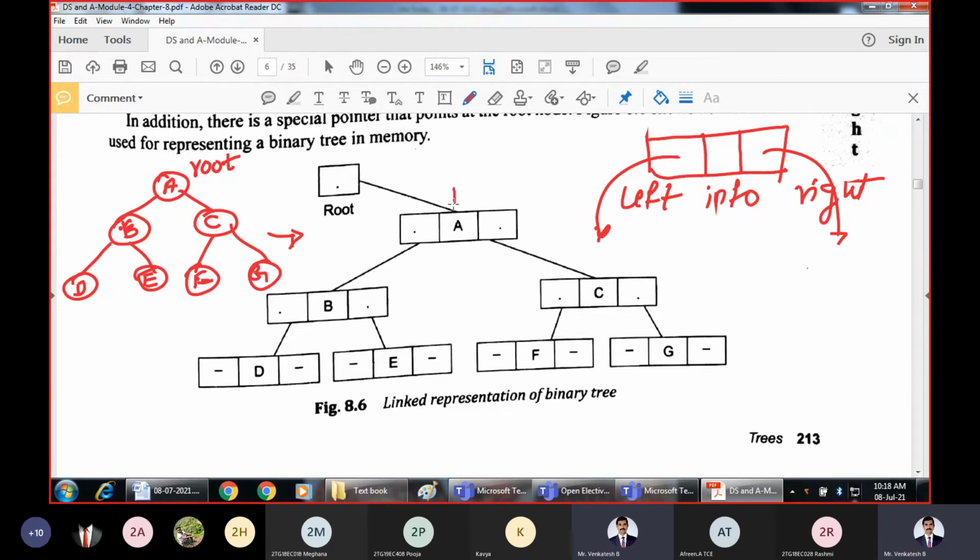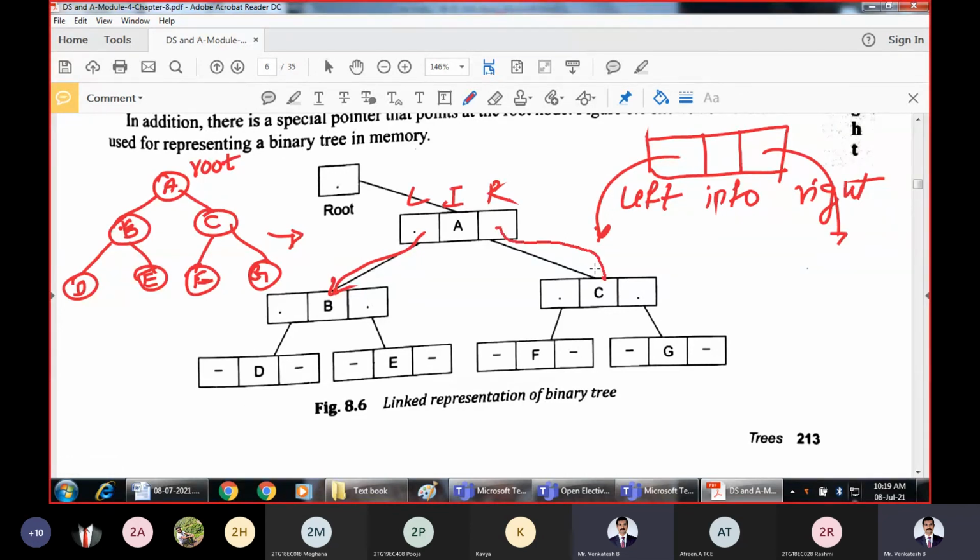What are the 3 fields? The information field, the right field, and the left field. These are the fundamental fields; at least 3 fields will be there in the node. The information field will contain the actual data, that is A, whereas the left field will contain a pointer to the left subtree. It will extend the tree towards the left.